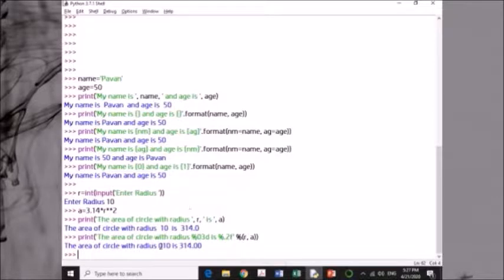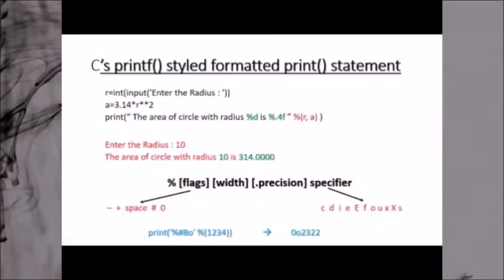So you can see it is not printing 10, it is printing 010, and it is not printing 314.0 as earlier, it is printing 314.00. So if you want this type of formatting, then you can use these notations. The syntax is very easy. You have to display your message, whatever message you want to display. Within the message, you provide the places for the values you want to format, like here, and after that you put a percentage sign and then the values you actually want to print within the brackets. Okay, so what is the syntax of this percentage?